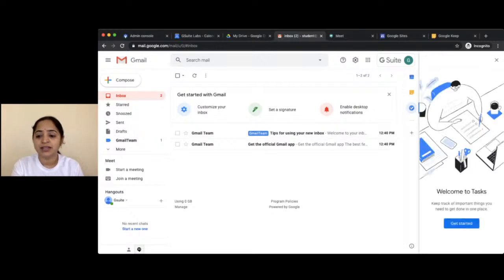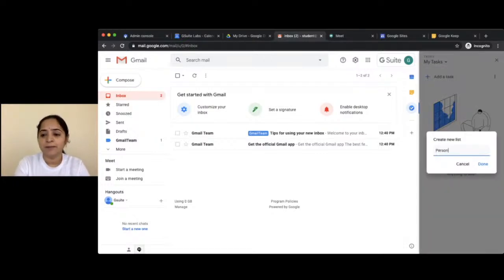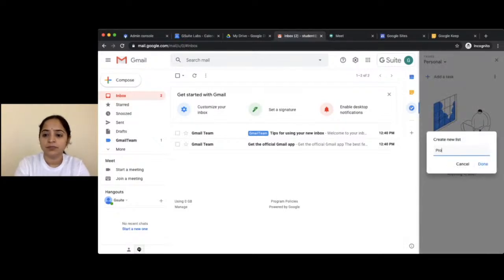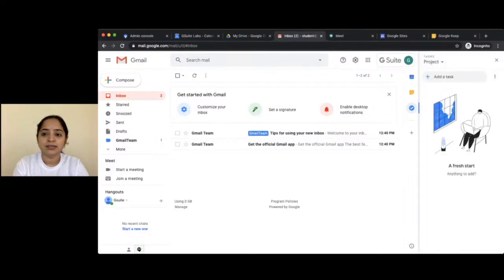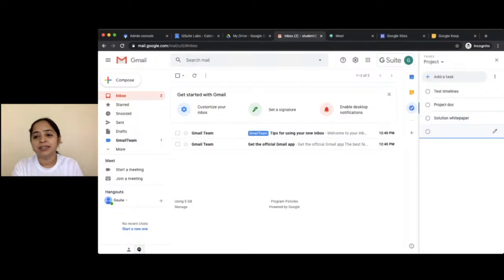You can schedule the tasks, and you can also create or segregate your tasks into different lists. I'll show you how to create different lists and schedule your tasks. So I can create them as personal or project tasks, and I can add tasks, project doc, solution paper. So I can create my tasks, and I'm not just listing down all the work for my day,